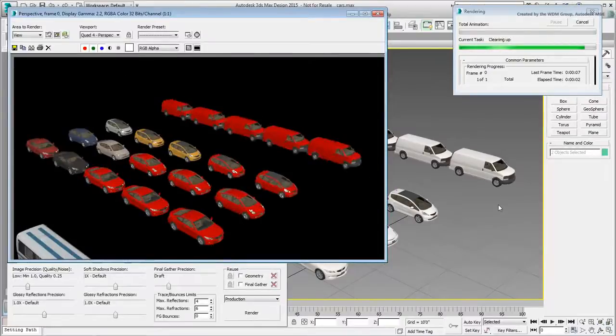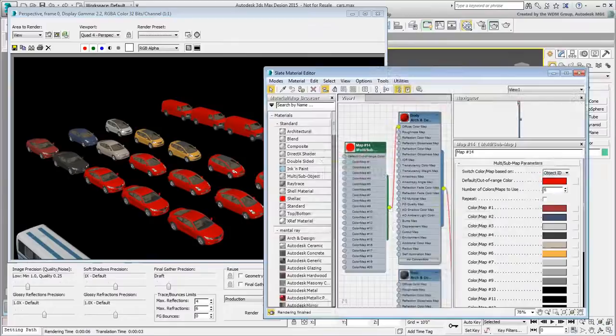Objects that don't have IDs will fall under the default out-of-range color category. Choose the method you prefer,